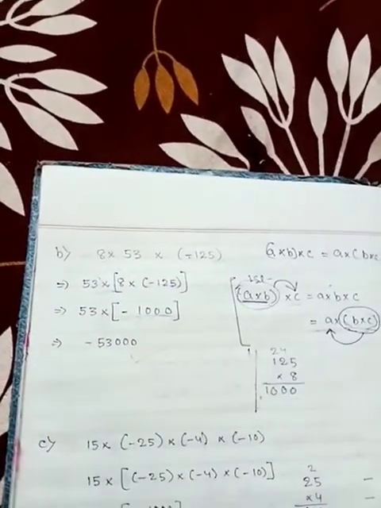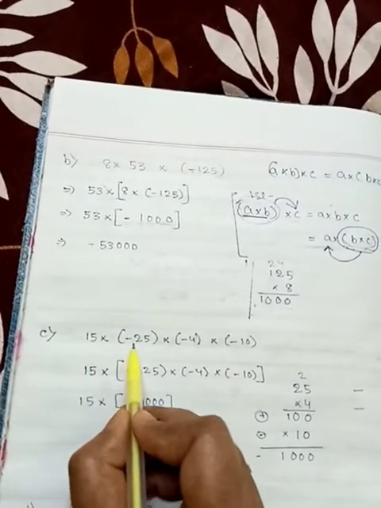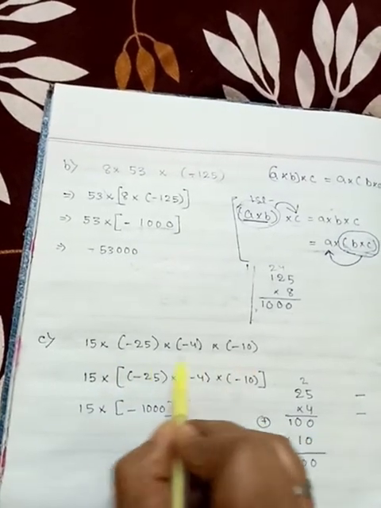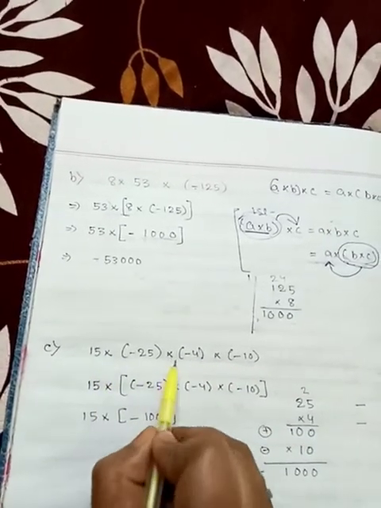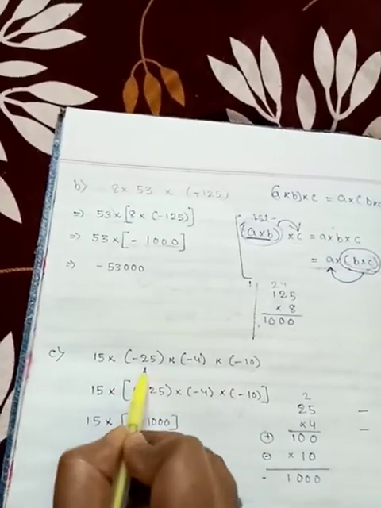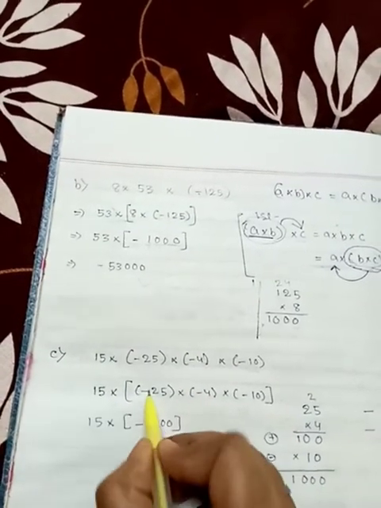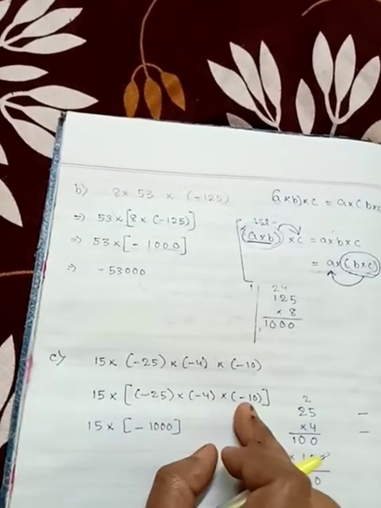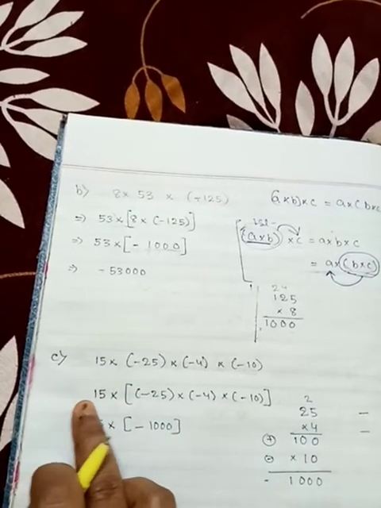Okay, come to question number C, that is 15 into minus 25 into minus 4 into minus 10. See, are there any similarities? No similarity. But here there are 4 numbers, three negative numbers and 1 positive number. So again we have to use the commutative property. We have to multiply all these 3 at once, and after that we have to multiply it with